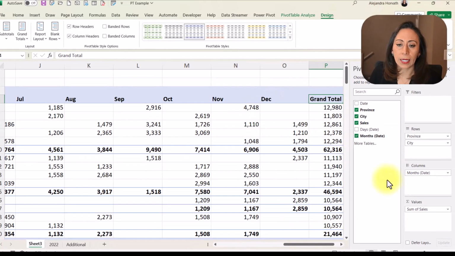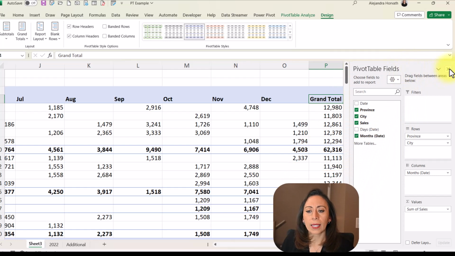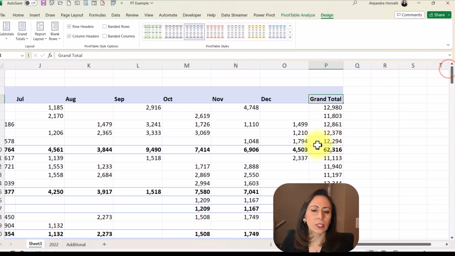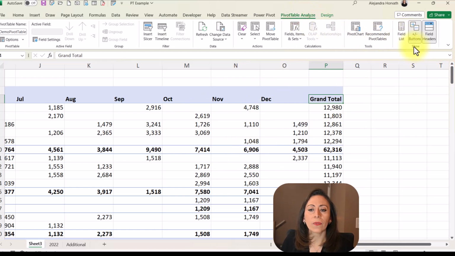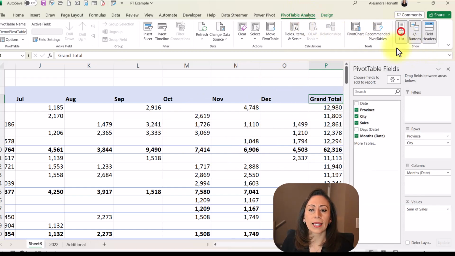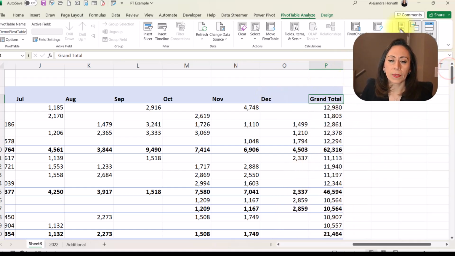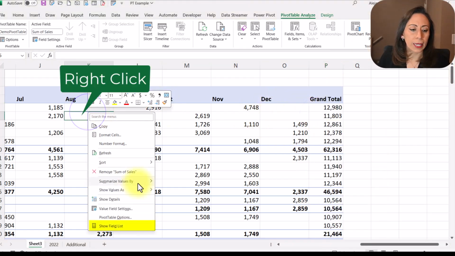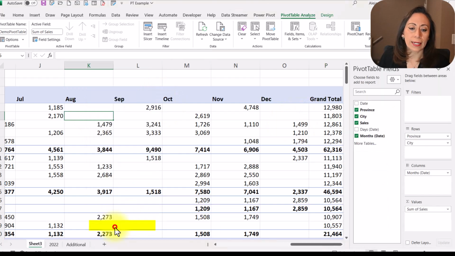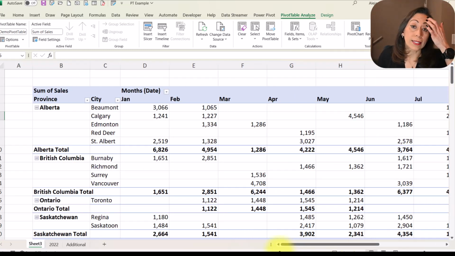And let's say if I want to remove the pivot table fields, I can just click at this X and it's gone. If you want to bring it back, you can go to pivot table analyze. And here on the show group, you can click at the field list and it's back. Or let me remove it again. Or inside of the pivot table, you can select show field list and there is back, right? So I'm going to remove it right now so you can see how easy and how fast the information has